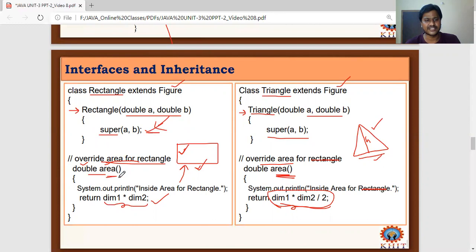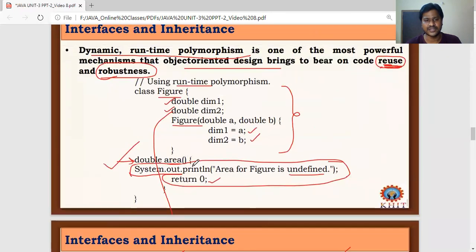So here the concept is, don't concentrate on what is figure, what is rectangle and what is triangle. The concept is how the interface and method overriding combine to achieve polymorphism. Here we have created one interface about this method called area.